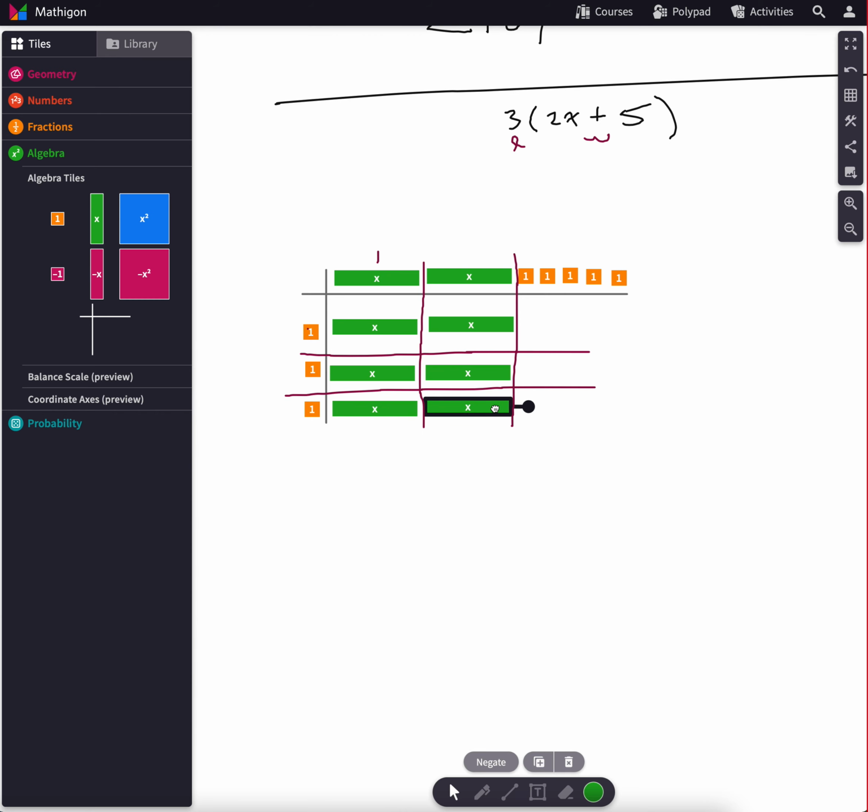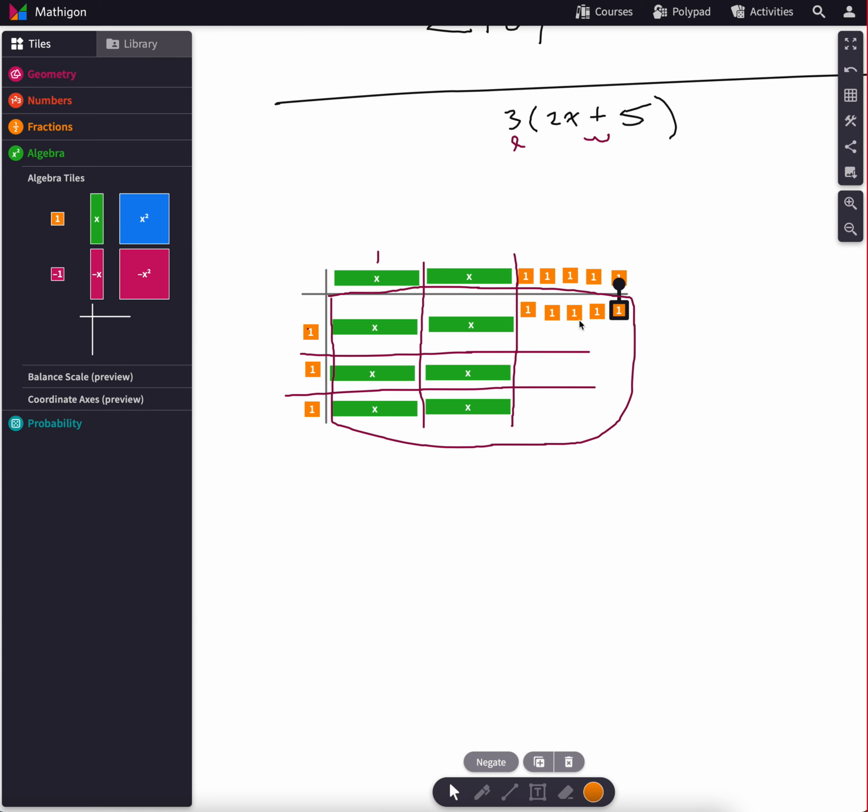Okay, so I've built a good chunk of my area model. Keep in mind, the area is all going to be inside of here, right? I should have used a different color. Okay, and essentially what's going to happen, I'm not going to do this, but 1 times a 1 is going to give you 1 of these. And how many times are you going to do it? You're going to do it 15 times, right? Because you're going to have to do 1 times the other one. And 1 times this one. And so on and so forth until you get to the top one, 1 times all of these,